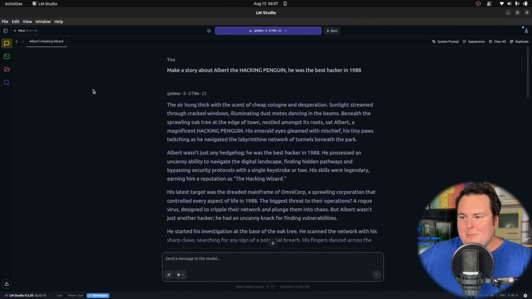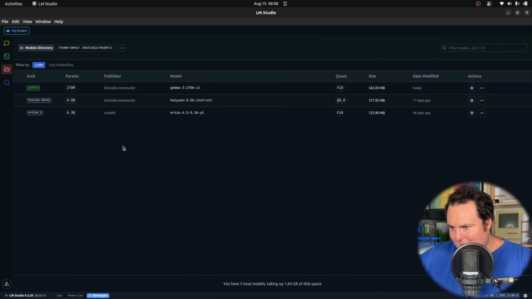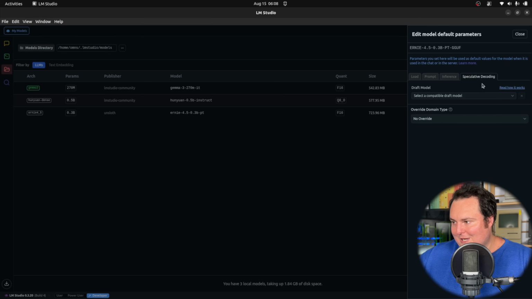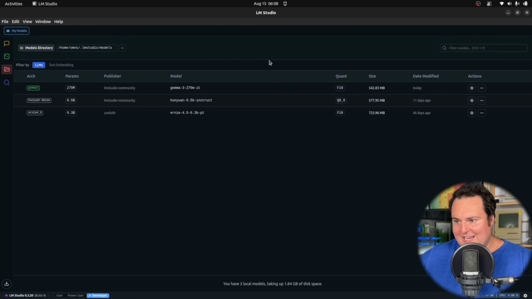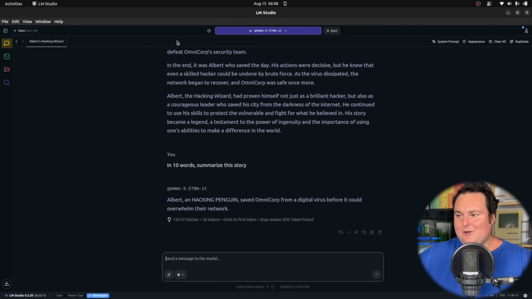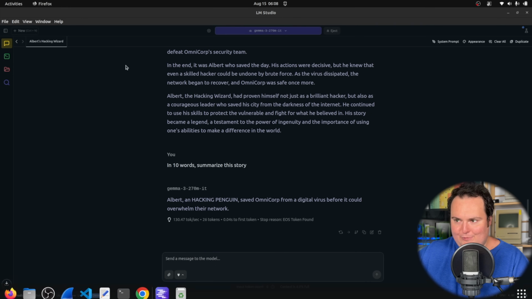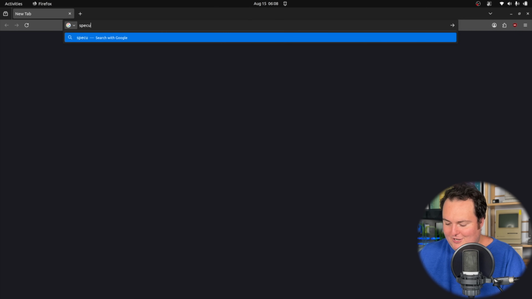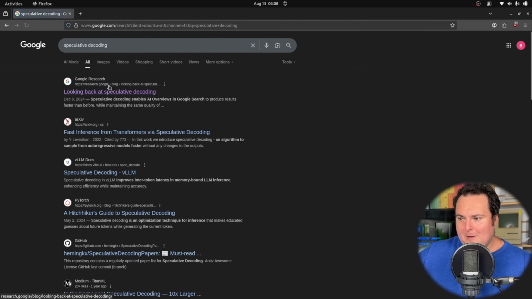I do want to also make note that folks may be interested in using this as a draft model for other models, which if you're interested in the technicalities of that, I think at this point, just Google it. It's very cool. It will perhaps speed things up when used with speculative decoding. I have not personally tried this with this model, so I can't speak to how well it would actually perform, but I will say that Google has a really fantastic online resource for better understanding speculative decoding. If you just type speculative decoding into Google, the first thing that pops up right here,